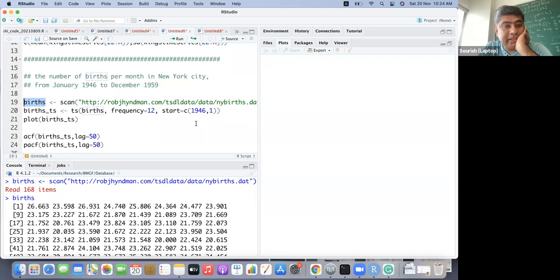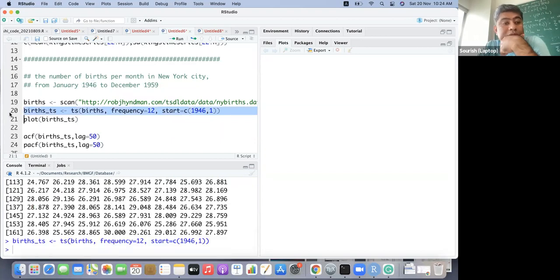Since it's starting from January 1946, you can give it as 1946,1. It will automatically take 1946 and January, and for frequency you give 12.